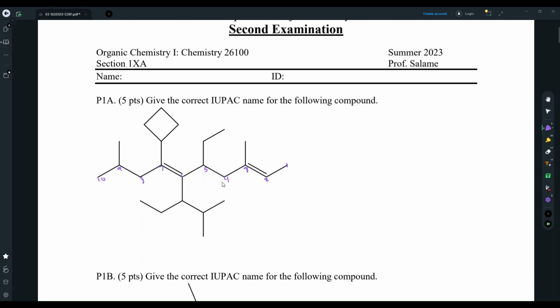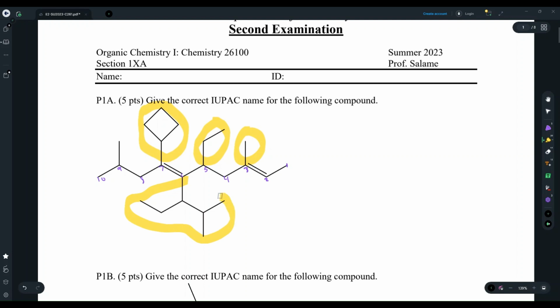Okay, so let's just start by circling our substituents. I'm going to circle this one. There's this one, and then this big one here. Okay. And then what I also do at the very top is I write the parent name because it will be at the end of the entire compound name. But sometimes I mess that up just because it's almost like it's given already just looking at it. And so let's do